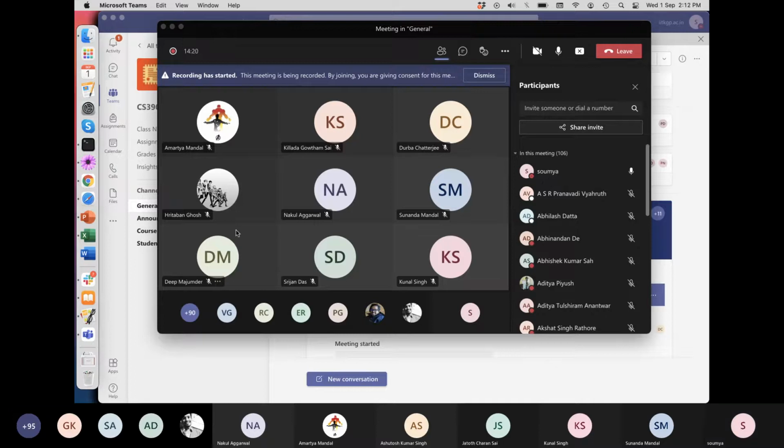Ritoban? I understood the question, but I do not know the answer. Okay, can you please repeat the question? It's about alignment of bytes in memory. Like if you're assigning space to something, how is it aligned in memory? Thank you. At least somebody listened to the question. If we ask and somebody is not answering, I request the TAs to just mark them as absent.